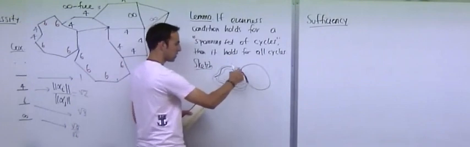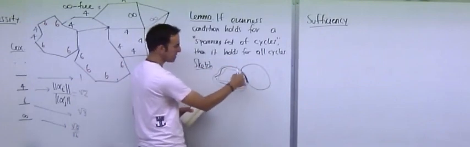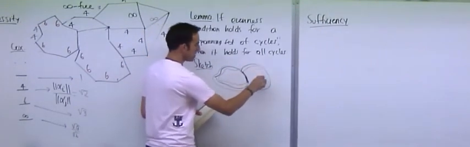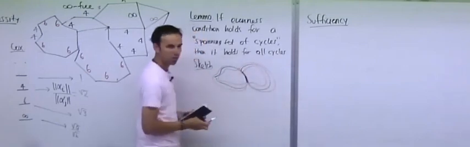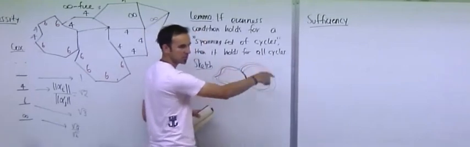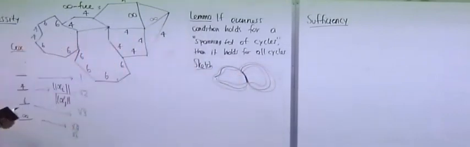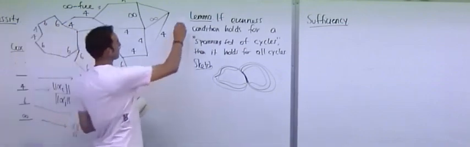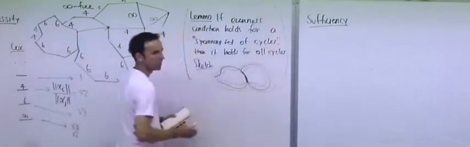So the number of 4s here and the number of 4s here have the same parity. By the same reason, the number of 4s here and the number of 4s here have the same parity, and that means that the number of 4s here and the number of 4s here have the same parity, which means that the parity condition holds for the big cycle. Okay. And so, again, this is just kind of a convenient thing so that we can believe that this example is good, because now we just check these